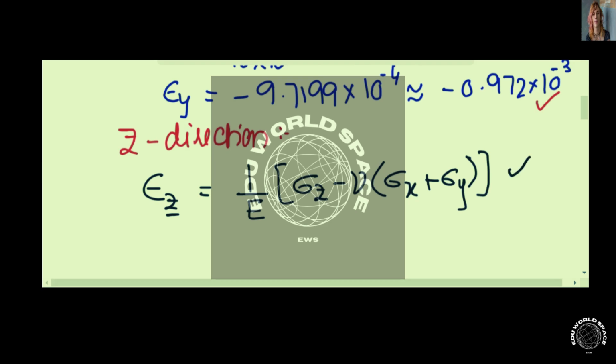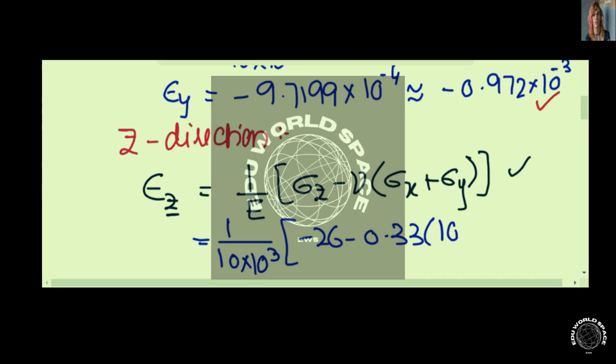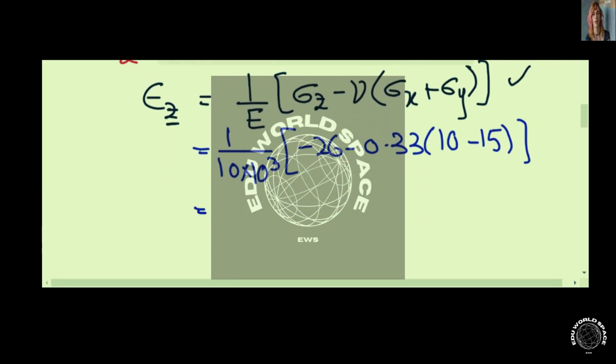We have the equation, just plug in the values. So 1 divided by 10 into 10 raised to power 3, negative 26, negative 0.33, 10, negative 15. Calculate it and we'll get that it is equal to 0.002435, that is approximately equal to negative 2.44 into 10 raised to power negative 3. So this concludes our answer for part C, and for all